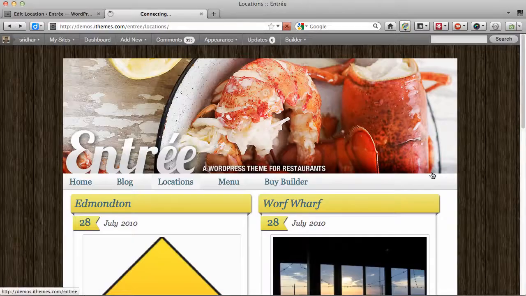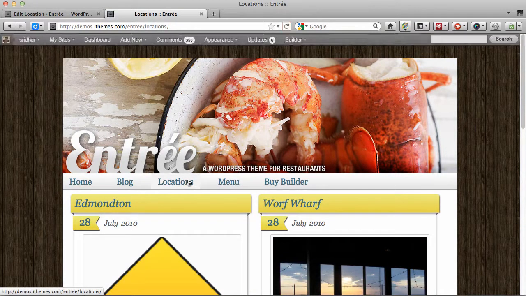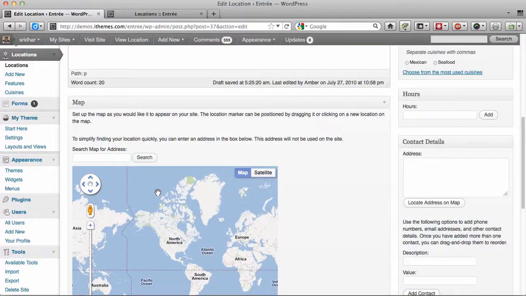So to get the individual location entries to appear on this locations page, which can actually be any page title, it need not be locations, it can be anything else as well, all you have to do is create a page.